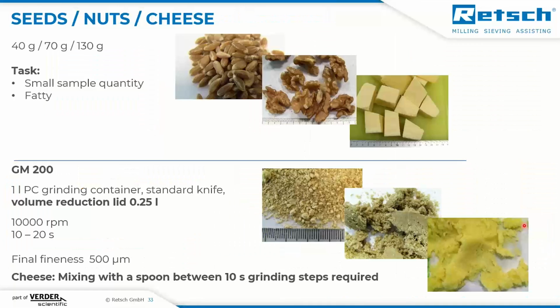If we have only small sample volume, we can still work with the GM200. Here, some seeds, only 40 gram or 70 gram of these nuts, or just some pieces of the sticky cheese. Here, standard equipment and the volume reduction lid, which forces the sample downwards and doesn't allow the sample just to fly around anywhere, but not where the rotating knife is. And after just 20 seconds, it was homogenized. In the case of the sticky cheese, we had to open it after each 10 seconds and mix it